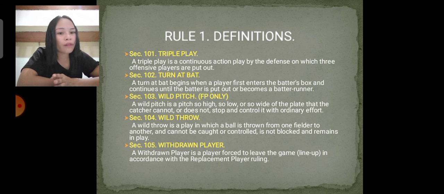So, when we say wild pitch, a pitch so high, so low, or so wide of the plate that the catcher cannot or does not stop and control it with ordinary effort. So, ito namang wild throw is a play in which a ball is thrown from one fielder to another and cannot be caught or controlled, is not blocked, and remains in play. Withdrawn player. Si withdrawn player naman is forced to leave the game or lineup in accordance with the replacement